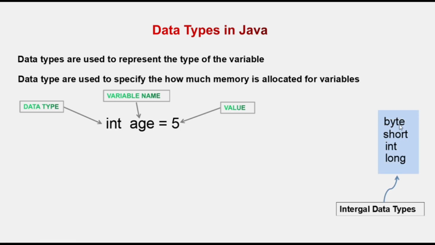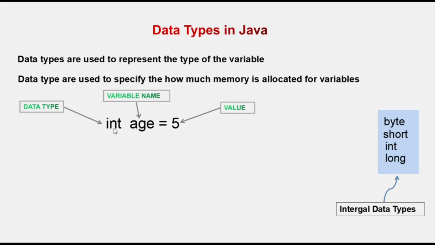Now here on the right side you can see byte, short, int, long. So these are the integral data types. These data types are used if you want to store integer values. So here we can write int age is equal to 5. We can write byte age is equal to 5. We can write short age is equal to 5. So here now the question is which type of integer data type we are going to use with